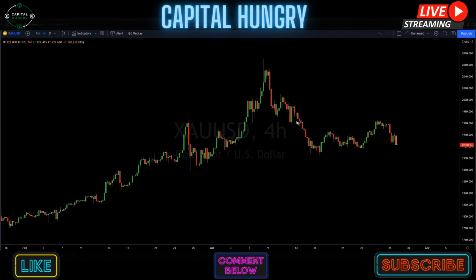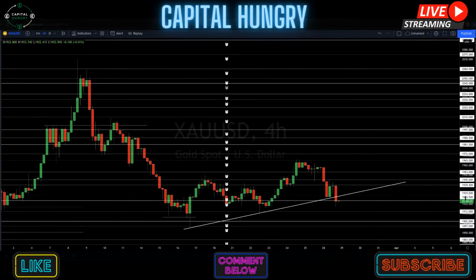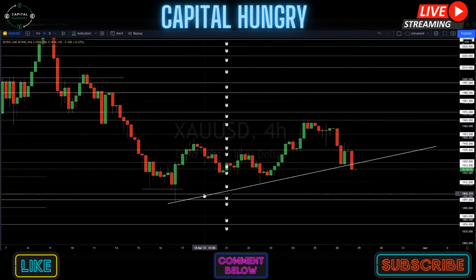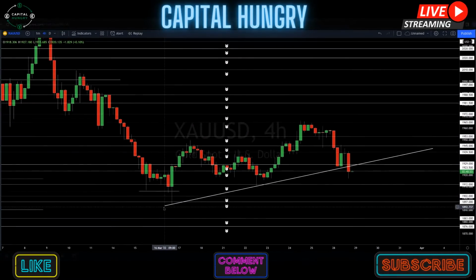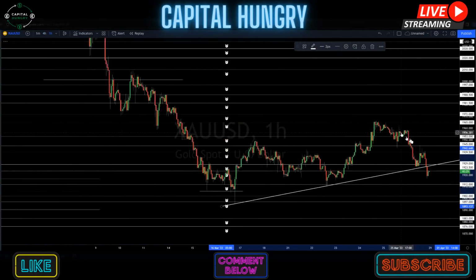But for us to really take safe sells, we need breaks below this price sensitivity area here from a technical standpoint. Right now, we're just in that intraday consolidation. So these are the effective trade ideas I personally see on gold. I was watching this intraday bullish market structure that we were seeing play out here, right?